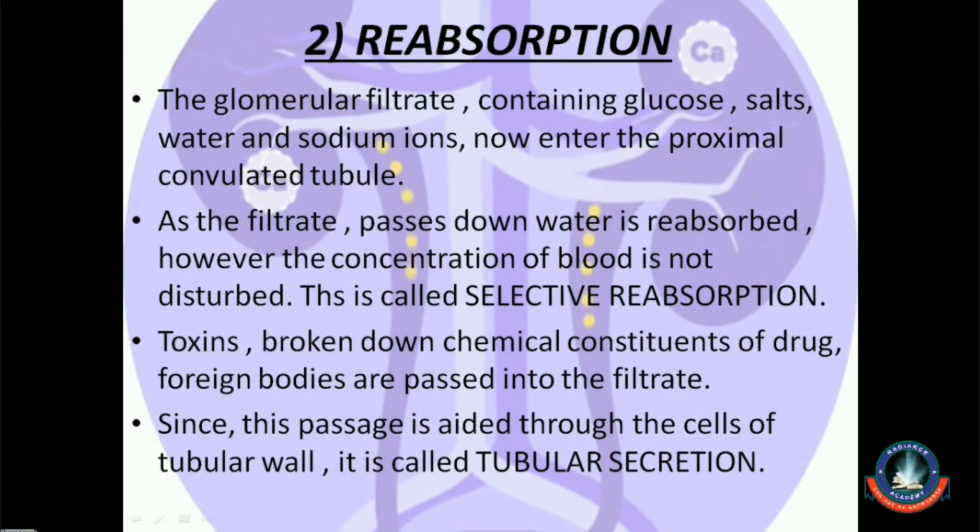As we know, the glomerular filtrate which has just entered the Bowman's capsule is not what we call urine. There still has to be a lot of filter work that has to be done, because there are a lot of important substances inside the glomerular filtrate like your glucose, water molecules, all these important ions, that have to be reabsorbed again. So the reabsorption part is done here. As the glomerular filtrate slides down towards the proximal convoluted tubule, which is also known as the PCT, this is nothing but the next part which is followed by the Bowman's capsule.